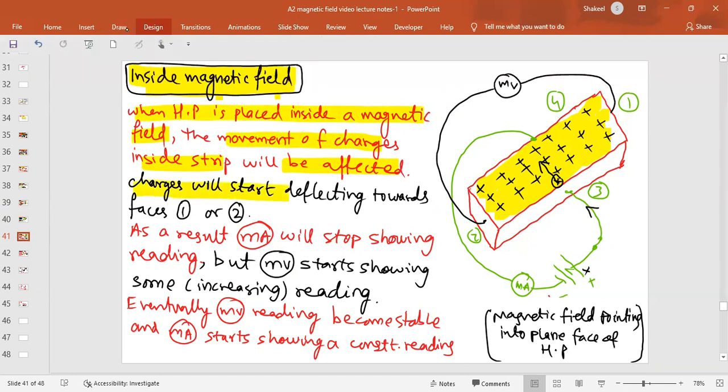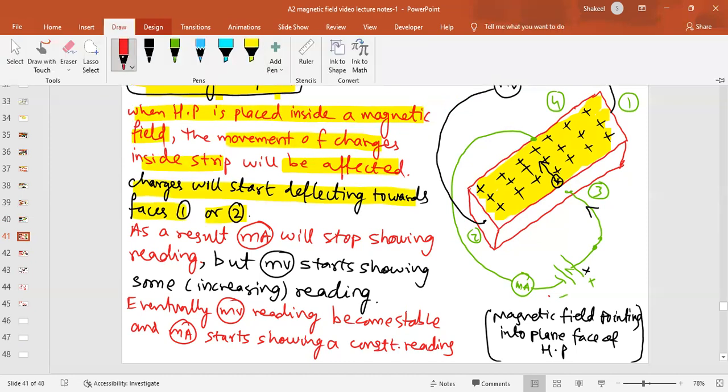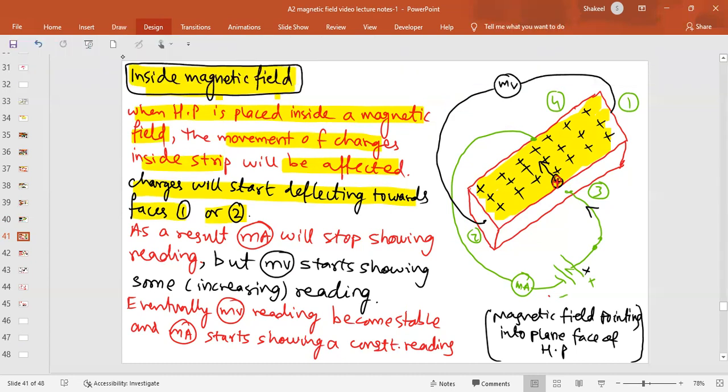So the charges will start to deflect either towards phase 1 or 2, right? So this charge will either deflect towards phase 1 or phase 2. Which charge am I talking about? This charge which I have drawn, it is positive, and it is entering from phase 3. It is going through the strip. It has to go to phase 4, but as it will be moving through a magnetic field,